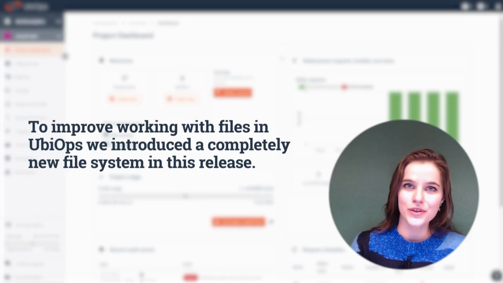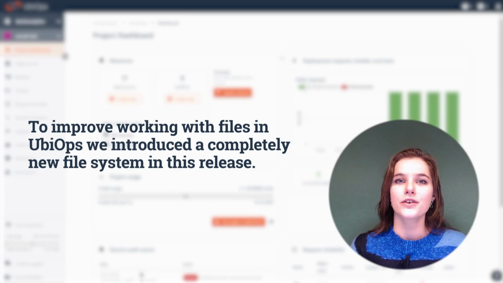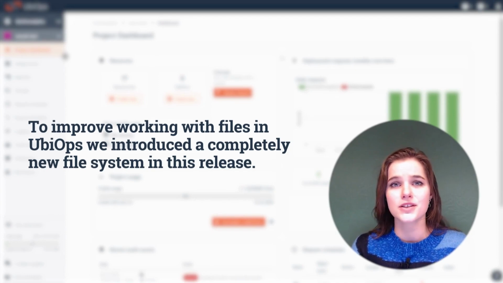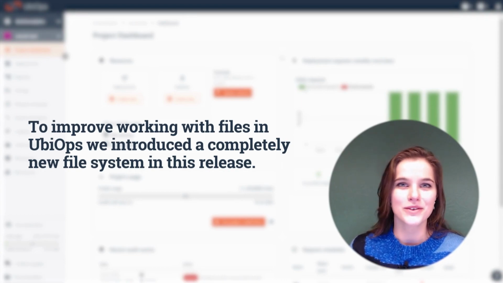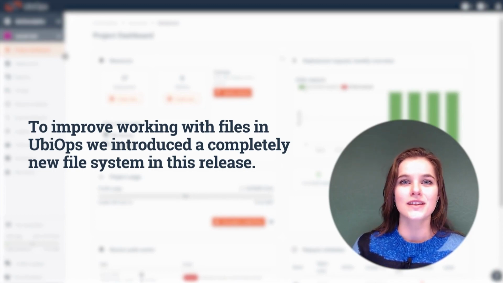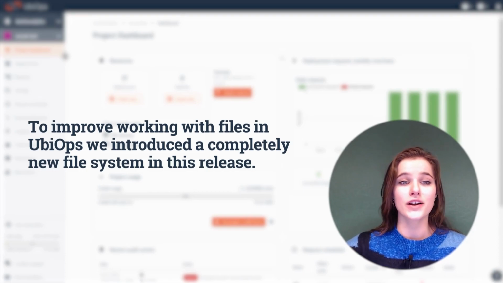Normally, or before this release, we worked with blobs inside UbiOps. So you just had a blob that you could pass as input or output, and that was the way of working with file input, like images, data sets, those kinds of things. But we got your feedback that it wasn't super user-friendly because it was never actually meant to be properly used as a file storage. So we changed that now and really implemented a proper file storage system,